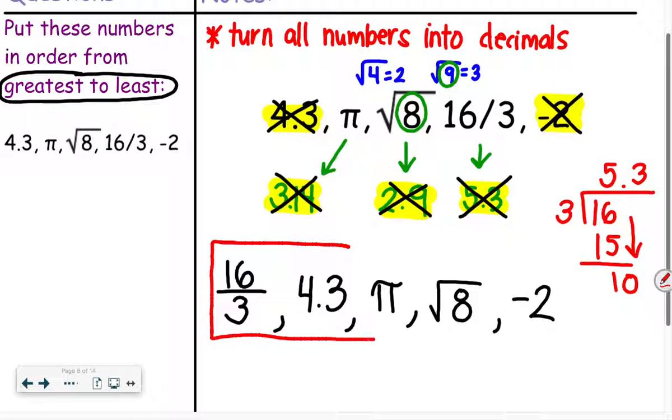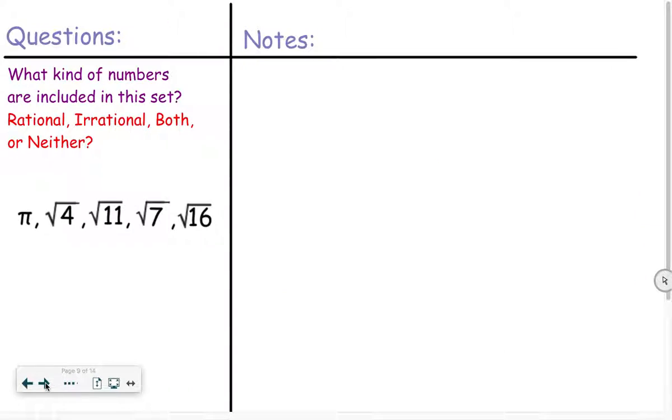Be careful, your homework may say greatest to least or least to greatest, so make sure you read carefully. All right, what kind of numbers are included in this set? Rational, irrational, both, or neither? So the easiest thing to do with a set of numbers is go number by number and determine if it's